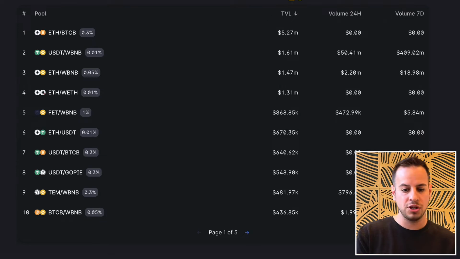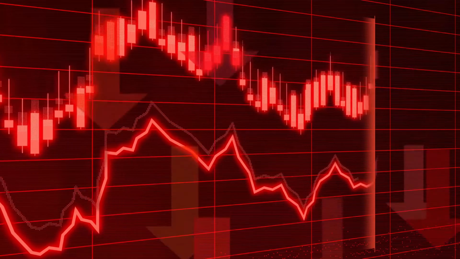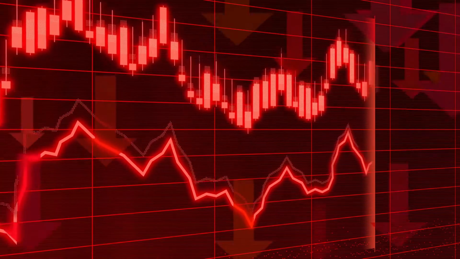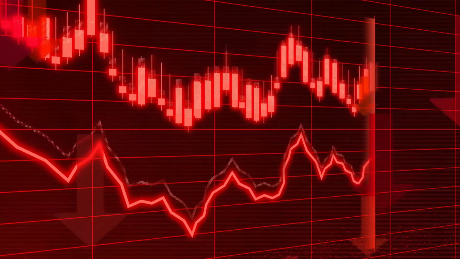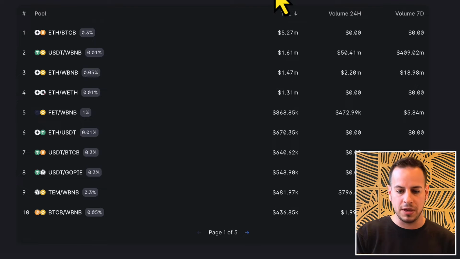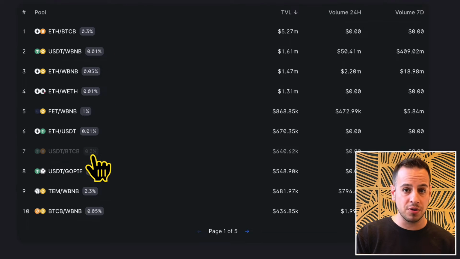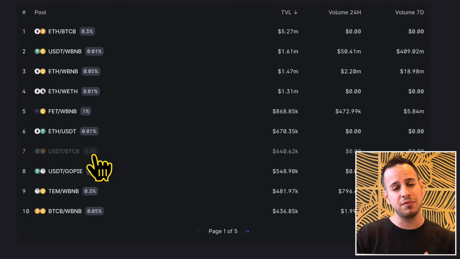And also BNB Chain is a chain that you can rely on, unlike Fantom, the multi-chain that got hacked, and a lot of money was stolen. It never happened on BNB Chain. It doesn't mean that it won't happen in the future, but observing the history, all good with Uniswap and BNB Chain.